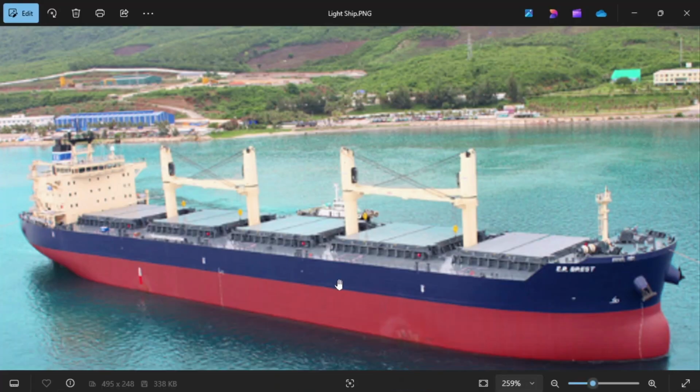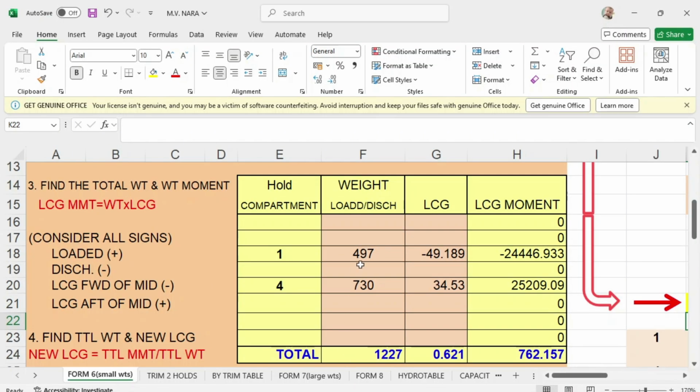This will be the position of your vessel when she is not yet loaded. So when you load in hold number 1 and hold number 4, the vessel will sink, right? Because you loaded something about 400 in hold number 1. How much did you load in hold number 1? 497 and 730.